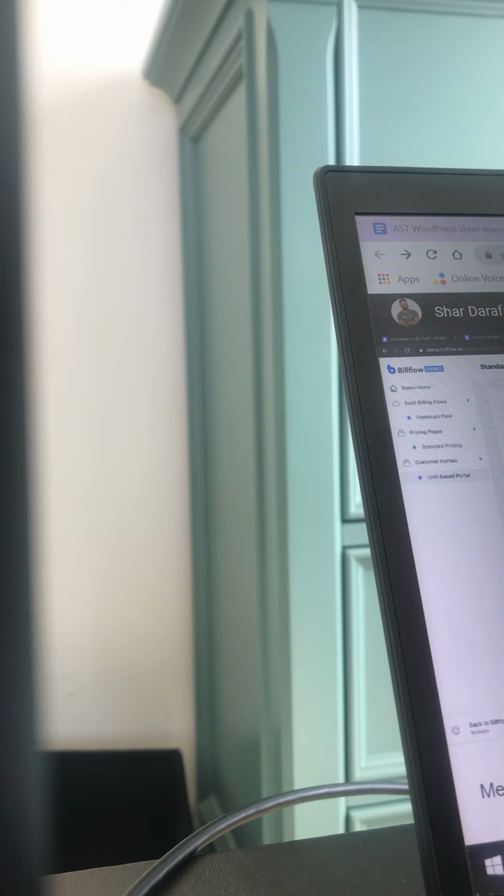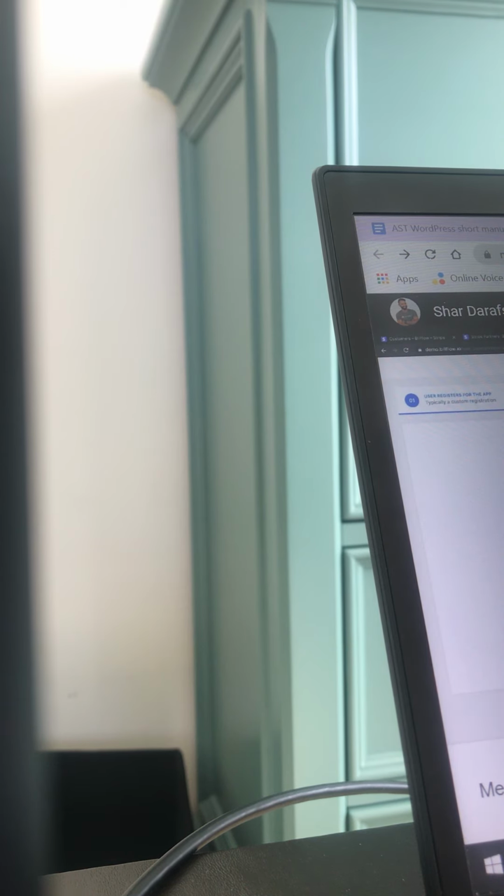Show me the plan. I know the plan picker. I'll show you. Again, this is pretty much up to how you want to do it. But if you want to have the plan picker show up in any of the other pages, not just the billing page, then make a billing page like how I have it here on my dashboard. Let me show you. You see how I have multiple billing pages here. This is my demo account. So I have a plan picker and I have a customer portal.